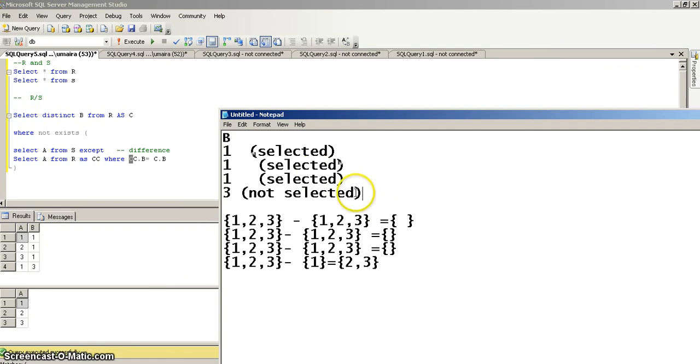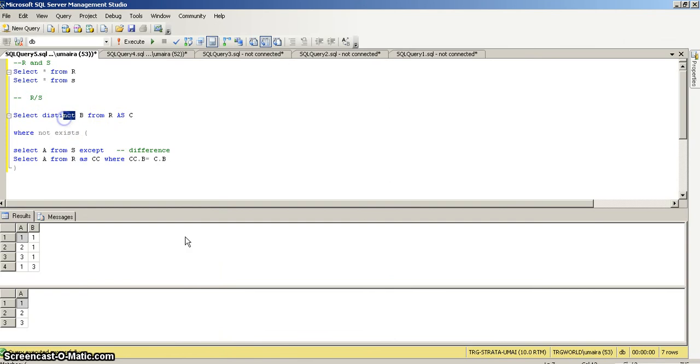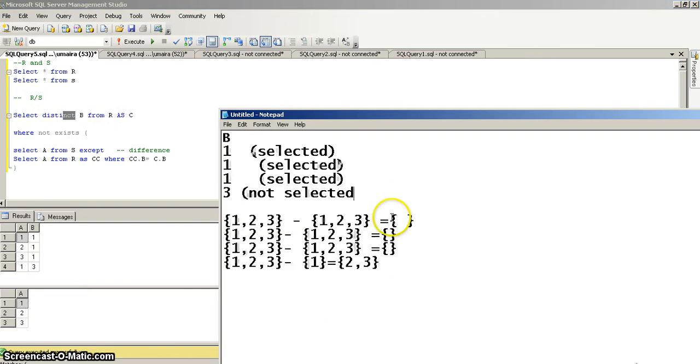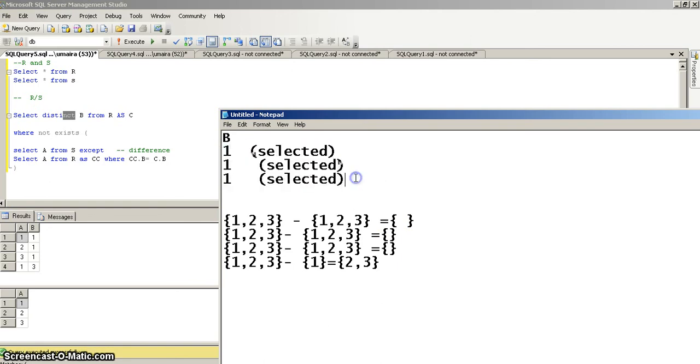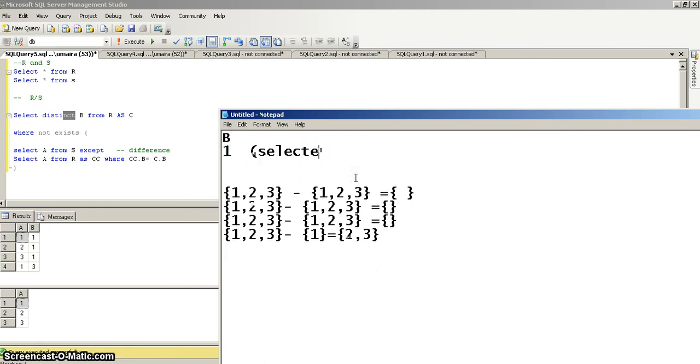Now in the final result set, it will apply the distinct operator on all the result sets. So our result set will be like that. Of the three values, it will just take distinct values, so only one value will be selected, and this is our result. So this way you can perform R divided by S, or you can perform division against any two relations. That's it. I hope this will clarify your